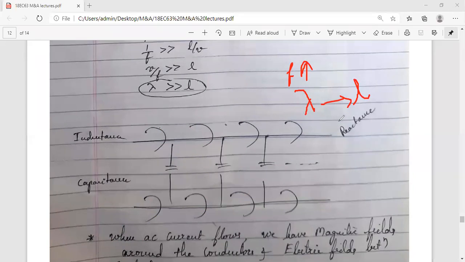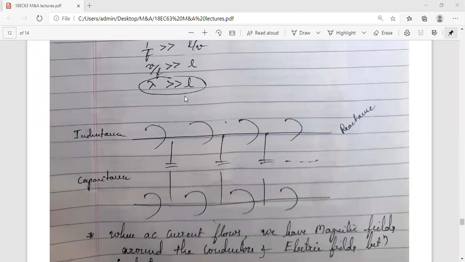however many kilometers the transmission line exists, that line length and the wavelength of the circuit are comparable. Comparable means almost nearer, not too high, not too low, one parameter. So they are comparable and frequency is too high. So under such conditions, considering these transit time effects, what we can do is,